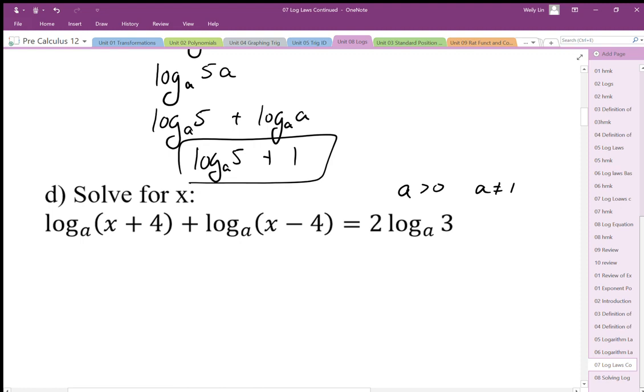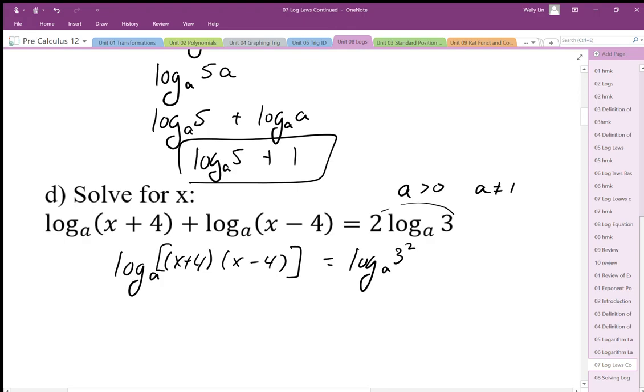But to solve this, we need to combine. Okay, so I'm going to get log base a of x plus 4. I'm going to combine the plus logs. So adding logs means we multiply our arguments. Okay, so there's one big argument now. I'm going to apply the log rule inside here, where the exponent goes onto the